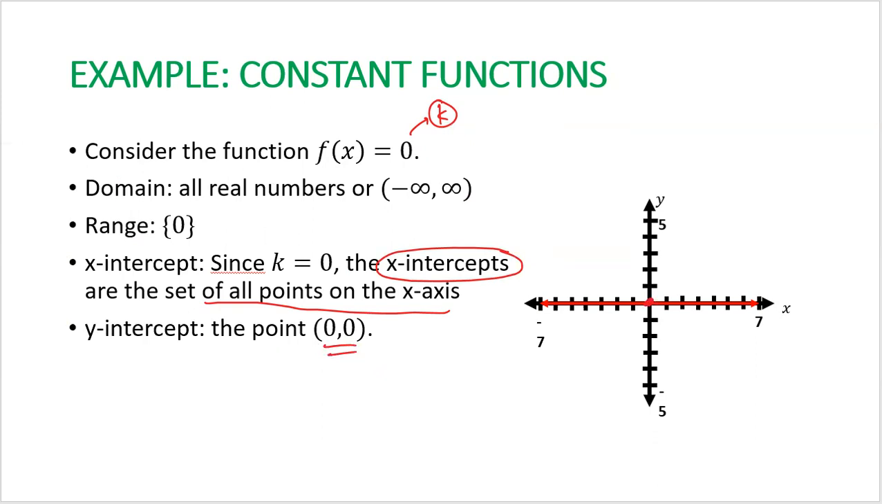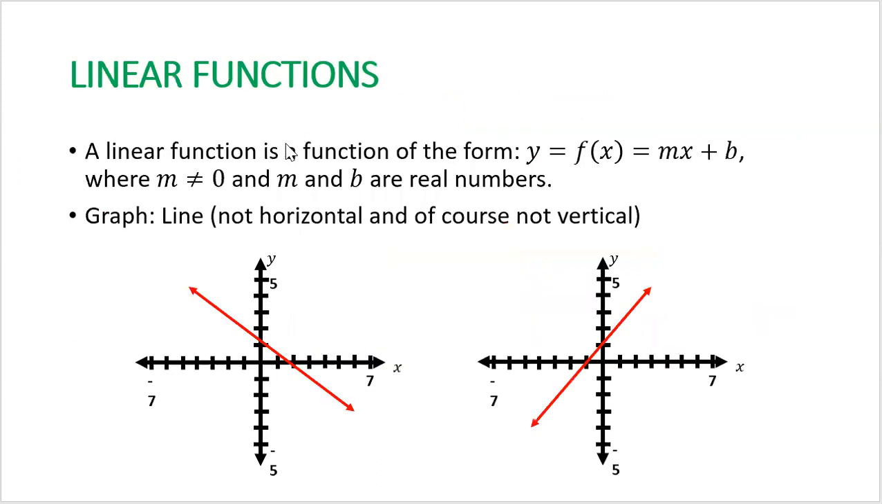Now let's move to linear functions. What is a linear function? A linear function is a function of the form y equals f of x, which is equal to m times x plus b, where m and b are real numbers and m is not equal to 0. Because if m becomes 0, m times x will become 0, and the function will be reduced into a constant